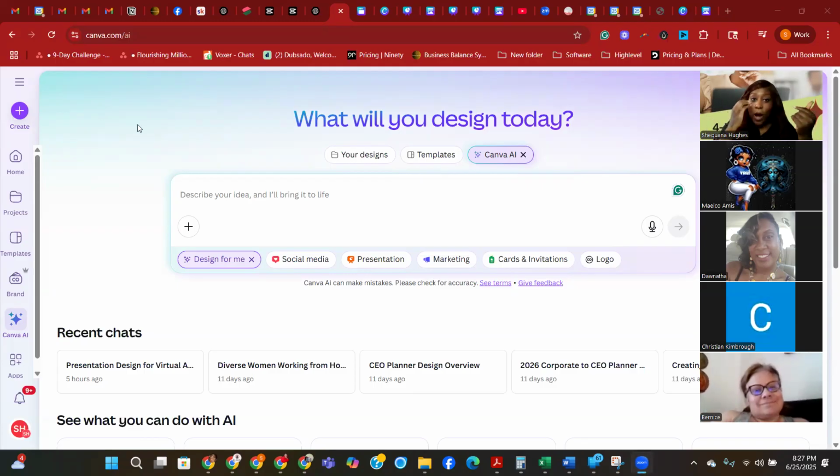So when you log into Canva, you can have a Canva free account. All you need is to log in with your email, or you can have a Canva Pro account, which is what I use. I think Canva AI is available on free plans, but you have maybe 500, 800 AI credits that you can use, but you'll run out.